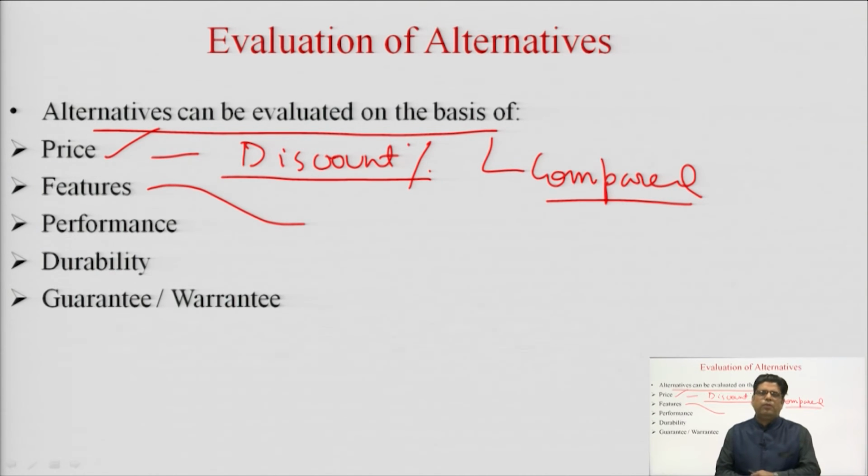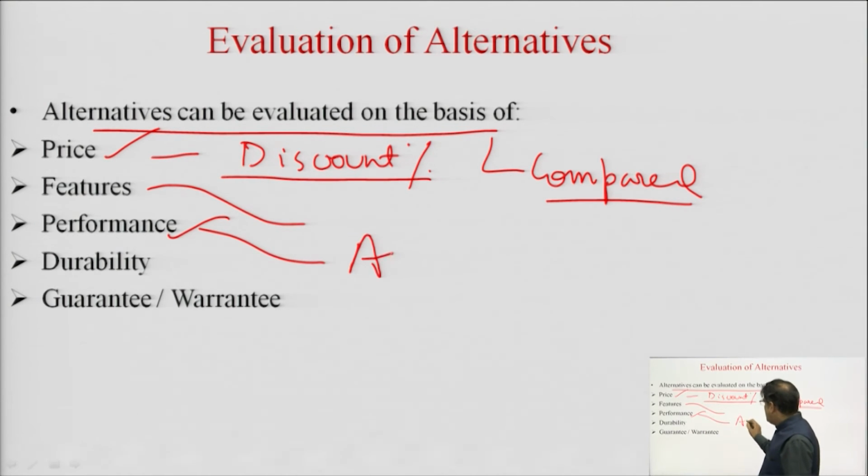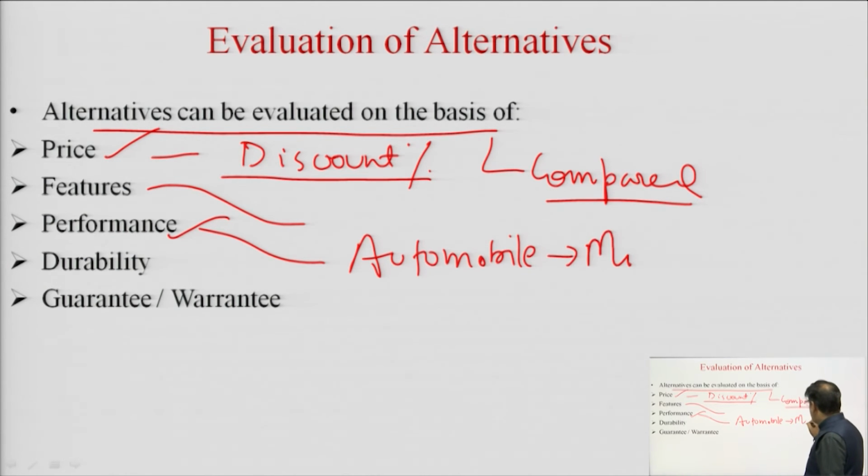Suppose if we talk about mobile phones, so if we have gathered information about 7 types of mobile phones, then we can compare this information on the basis of features as to which mobile phone is having a wider screen, or which mobile phone battery is having a longer durability, or which mobile phone is giving us a greater warranty, and which mobile phone is lesser in price. The performance can also be a criteria for the evaluation of the alternative. So, while we are purchasing some automobile, in case of automobile, we always take into account something called a mileage.